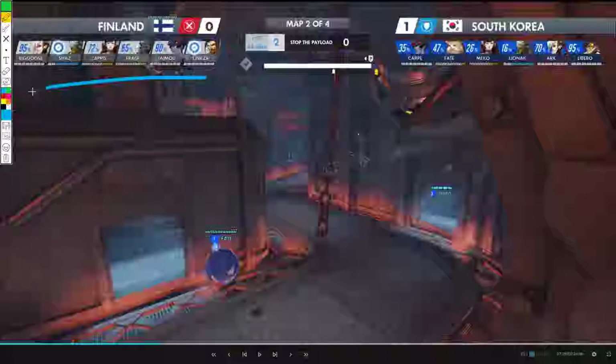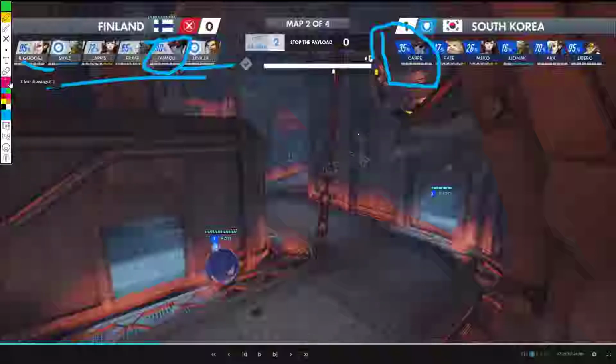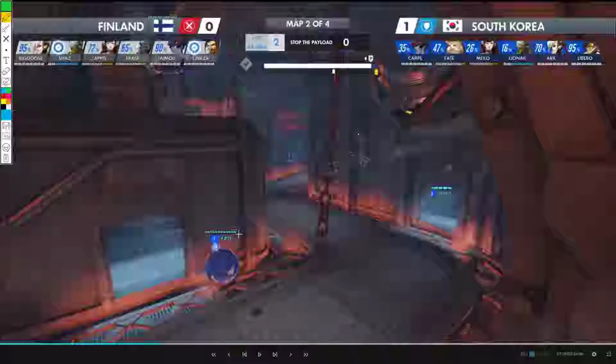They're coming in with both support ultimates. They're coming in with a dragon, and Taimu's going to get walls. So having walls is going to make Carpe a lot less effective because Taimu's going to have the advanced knowledge. And so we're going to look here, I think, for